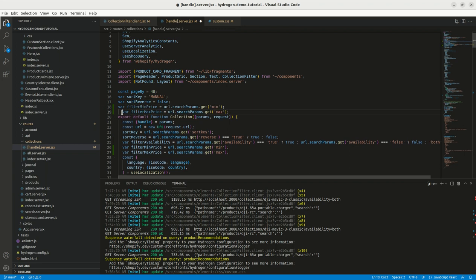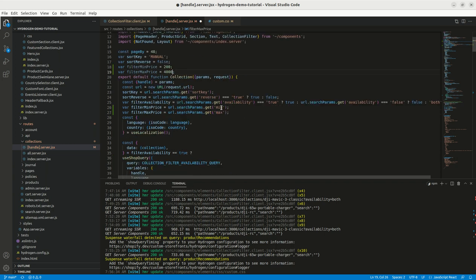Then initially we're going to add a numeric value like this, 4,000, and then here the condition should be